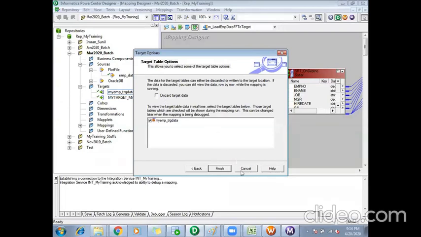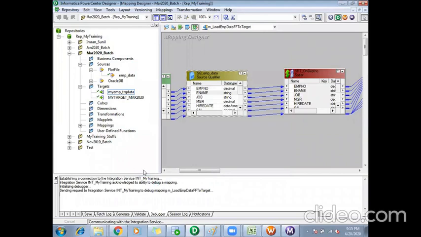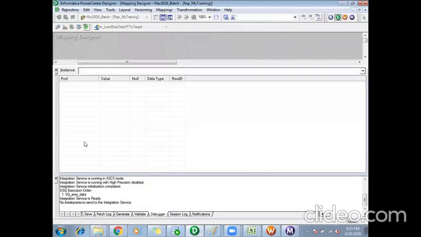You can use this functionality in any of the mappings. It's not that you have to use it only for transaction control. Whenever you are facing any issues and want to debug things, you can use this property, the debugger. You can start the debugger. I just say discard target data, finish. Now it is running in debugging mode.